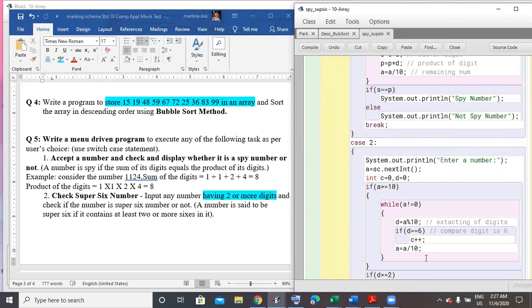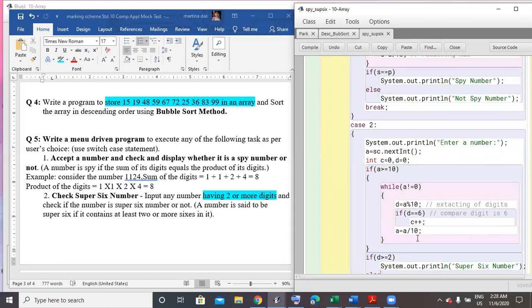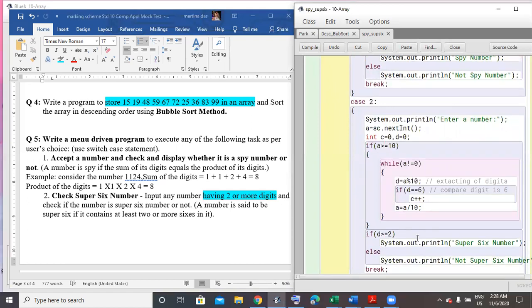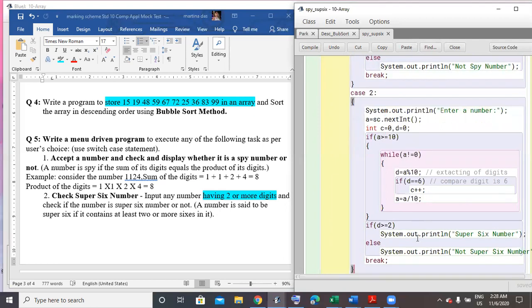If it is 6, then the counter will increase every time, so I get to know how many 6 digits are present. a equals a by 10 as usual gives the remaining number. Then if the counter is greater than or equal to 2, that means if 2 or more sixes are there, it's a super 6 number, else not a super 6 number.